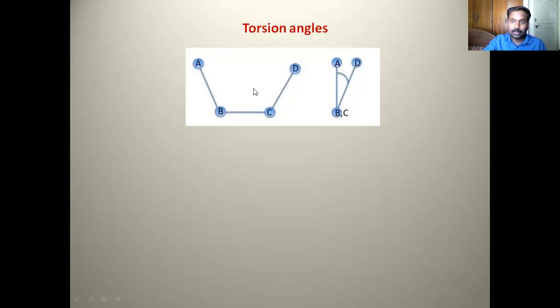They are not adjoining. See, AB is the line here, CD is the line here. Now the torsional angle is between AB and CD, and AB and CD are not joined. So in a way, torsional angles are spatial parameters, distant, far away parameters. So this is what a torsional angle is. You should have at least 4 atoms to make a torsional angle. A, B, C, D are our 4 atoms,